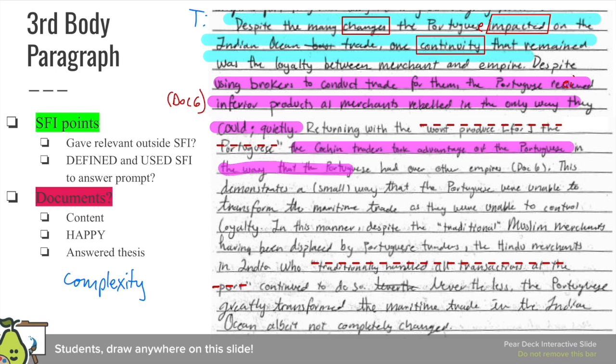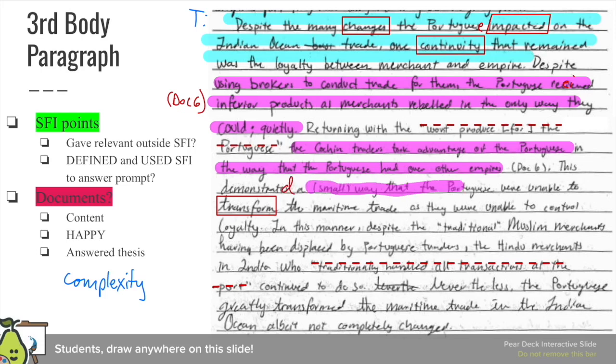Returning with the worst produce for the Portuguese, the Cochin traders took advantage of the Portuguese in the way that the Portuguese had over other empires. So now they finally used that last document. Did they have to use all 7 of the documents? No, but they did. And they used it to work towards the complexity point of not just change, but also